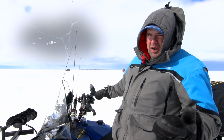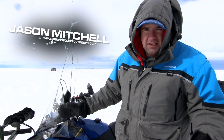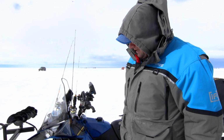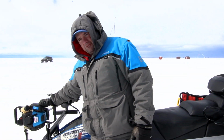All right, this here is my office. I get a lot of questions on the snowmobiles that we run. There's a lot of different ways that you can trick out or customize your sled or your ATV, your side-by-side, just so you can be more efficient out on the ice and just basically modify things just so it fits your fishing style. Now, I like to have my auger out on the front just so that I can see